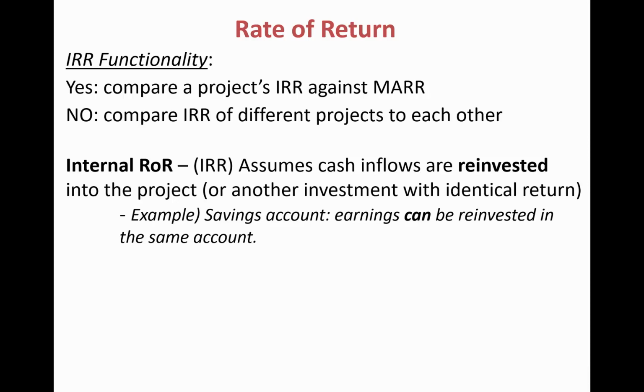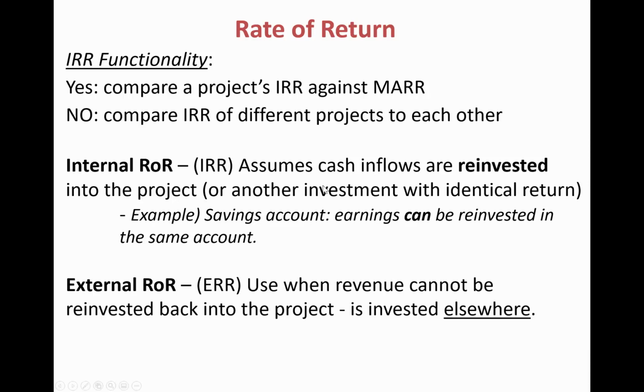You can only calculate the internal rate of return if you could take the profits you're earning from the food truck and reinvest them back into the food truck. So, for instance, this month, if you take your profits and you upgrade some piece of kitchen equipment, then that would be reinvesting into your food truck. But if you take the money and put it somewhere else, like into a savings account, or if you buy some bonds with your profits, then you can no longer calculate the internal rate of return, and you'd have to analyze the opportunity a different way. So that different way is the external rate of return. That's what we're going to be talking about today.